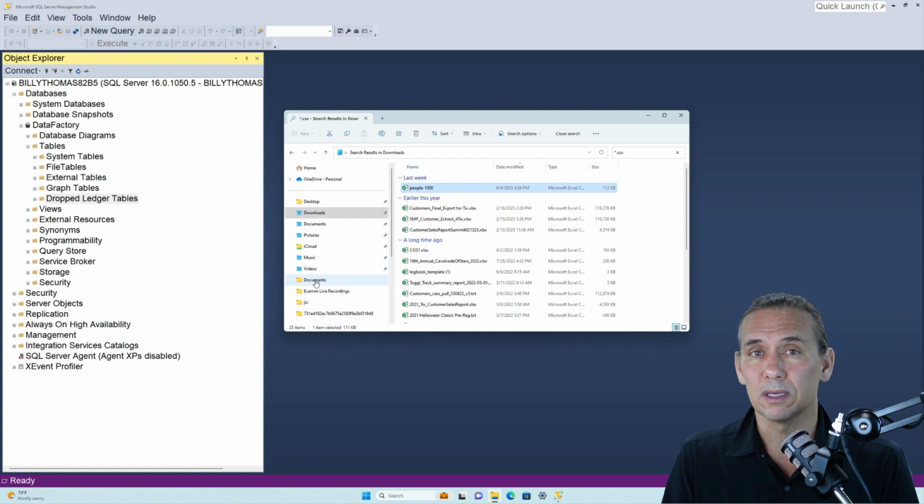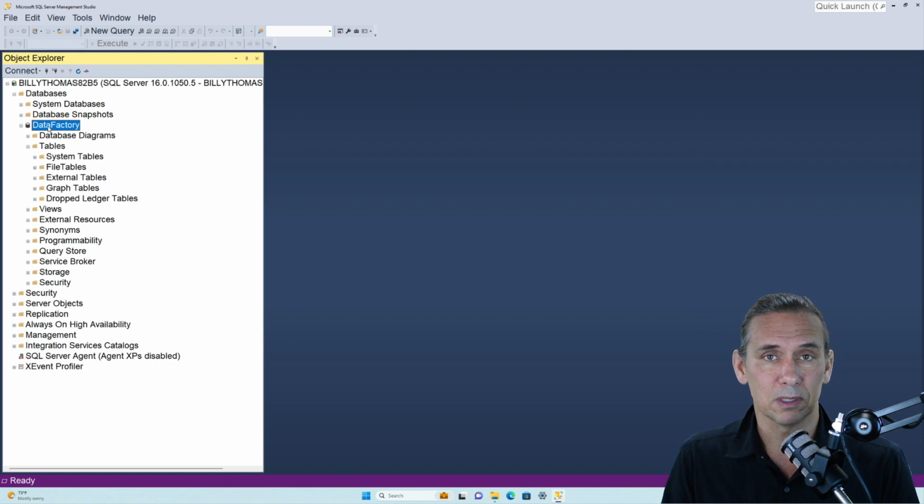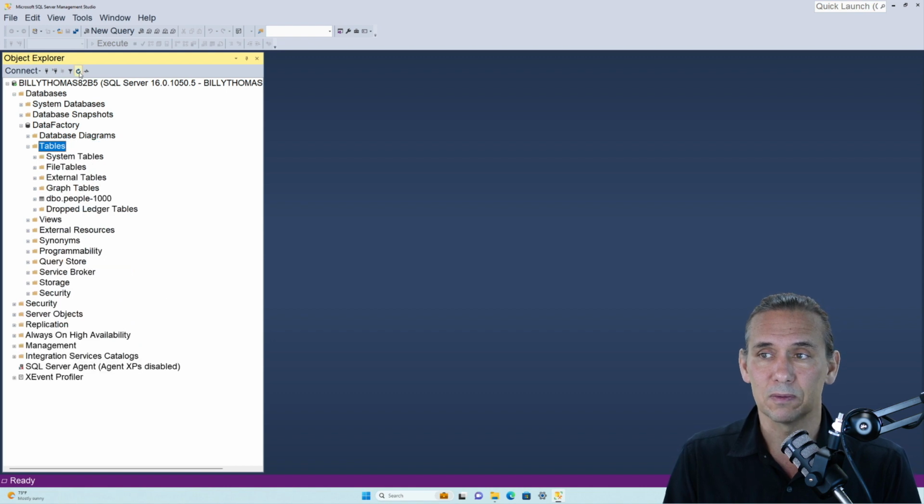We want to look in SQL Server now to see, did it make it? Did it make it to the right database? And how does the data look? So at this point, I'm going to go over to my database we told it to go into, which is Data Factory. And I'm in tables right now, but notice nothing's showing up, right? So I have to hit this refresh button because it's a brand new table. And then SQL Server will go out and find any tables that have come in, and boom, there it is,